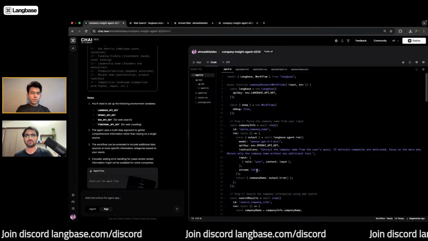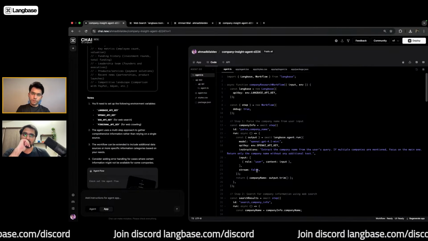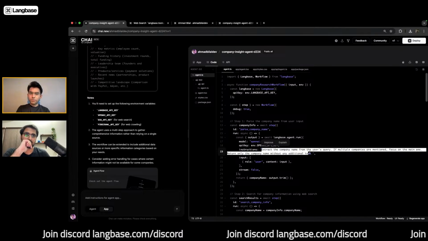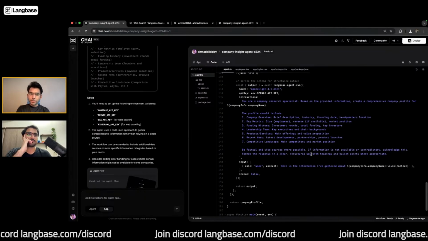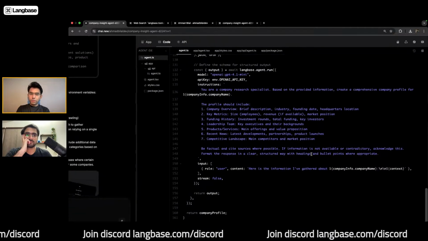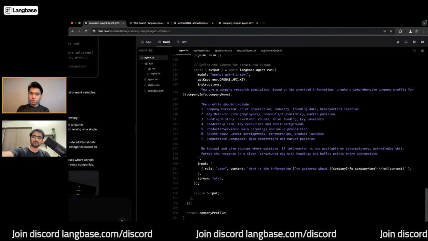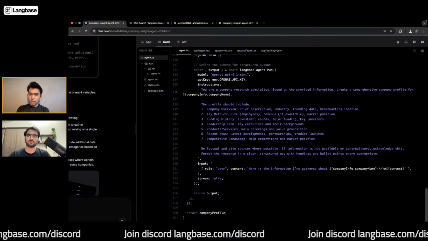One thing I would like to point out here is Chai also does prompt engineering for you. If you see, it automatically wrote the instructions for this particular agent, and if Bilal scrolls down, as you can see, it has written very detailed instructions for this particular agent: you are a company research specialist, based on the prior information create a comprehensive profile for the company.